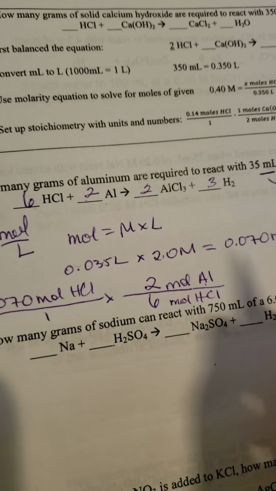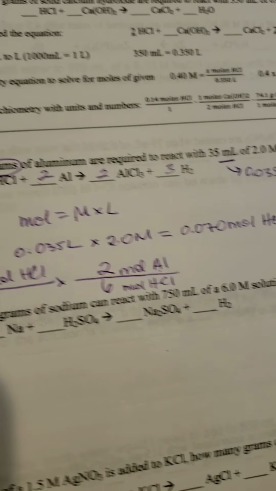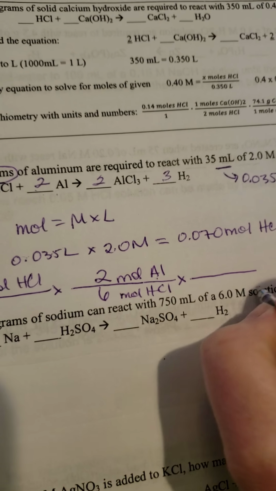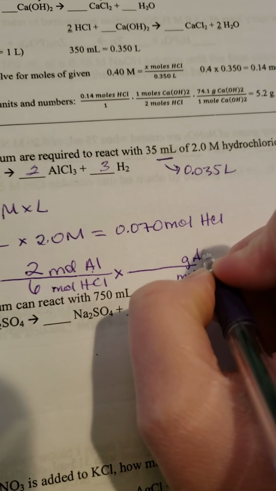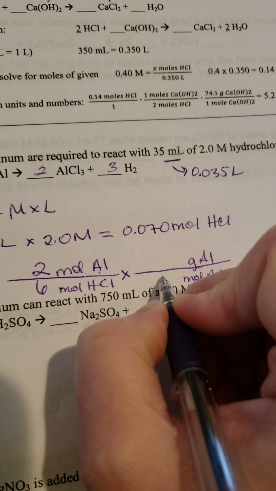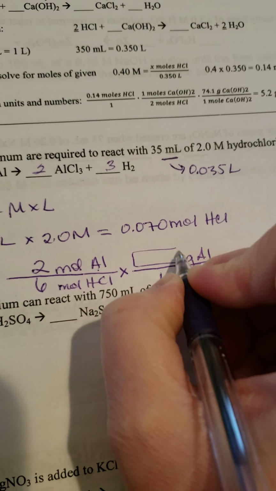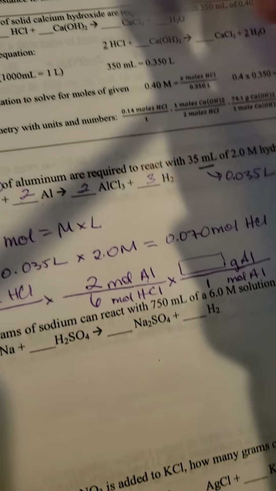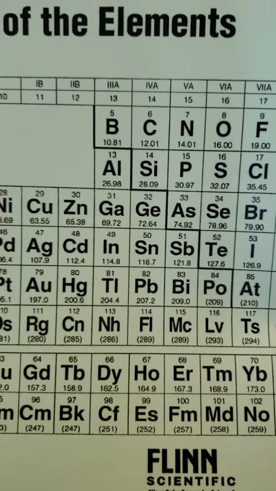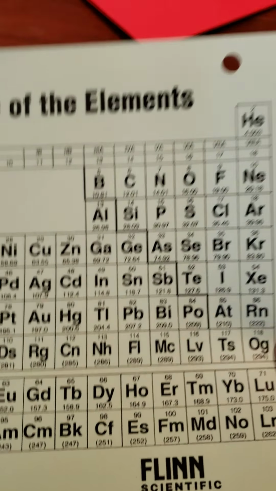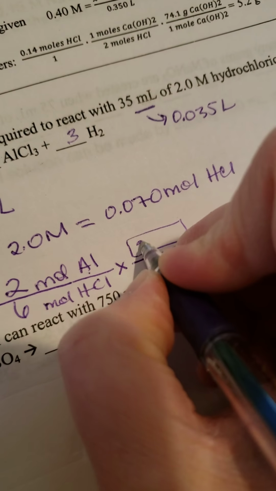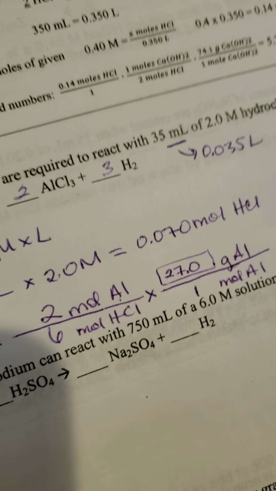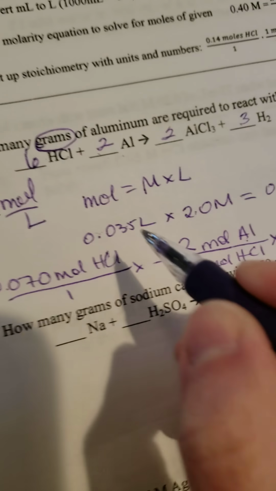But again, it asks for grams. So since I need grams, I need to go one more step. So I need to get rid of moles of aluminum, and I need to go to grams of aluminum. And when we go moles to grams, we use our periodic table. So 1 mole equals the molar mass of aluminum. And in our class, we're using the molar mass rounded to the nearest tenths place. So 26.98 for aluminum is going to round to 27.0. So on our chart here, our work, 27.0 grams of aluminum equals,